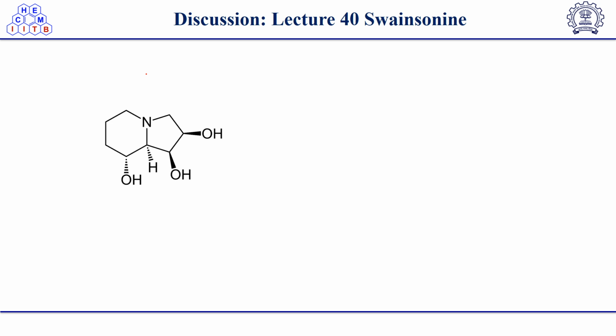So the first lecture of week 9 was lecture 40 on Swainsonine, a natural product on which the discussion was based. In that lecture, we saw the application of stereoselective construction of tetrahydropyran in the racemic total synthesis of Swainsonine by Mukai and the total synthesis of (-)-Swainsonine by Pearson, using simple organic reactions with short and